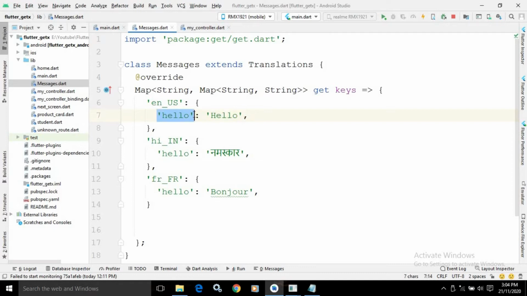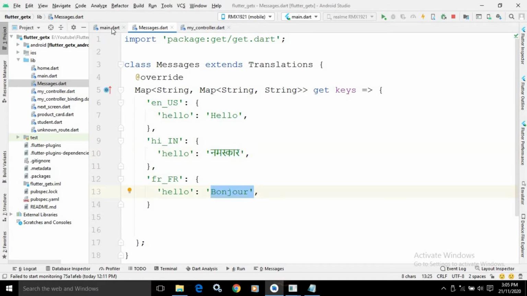For this key, this message will be displayed. Similarly for hi_IN, for this key, this message will be displayed. So here as a key I have used hello, and for the key I have specified different values as per the language and the country code. For en_US I have specified hello, for hi_IN there is a namaskar, for French there is a bonjour.